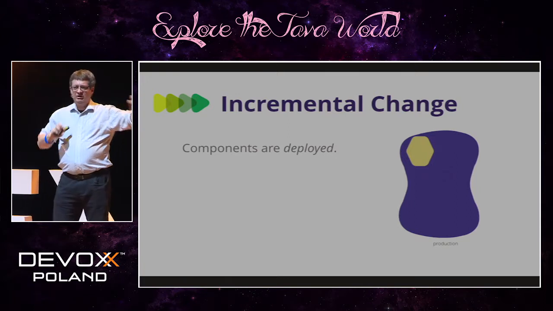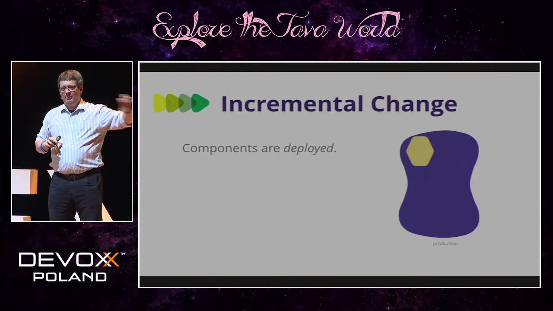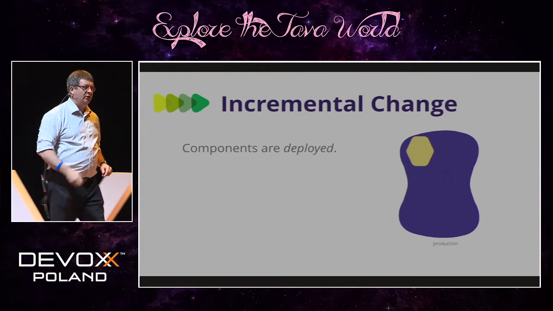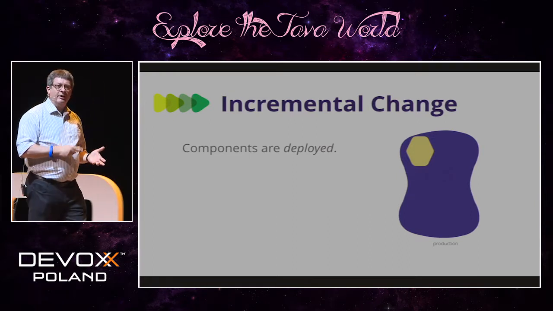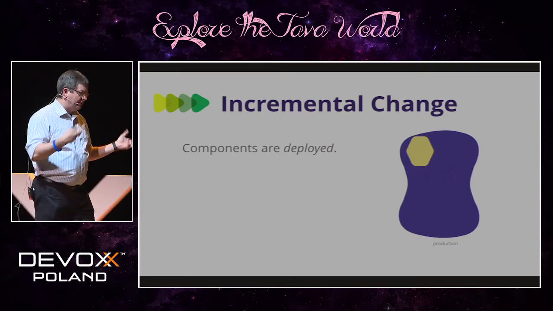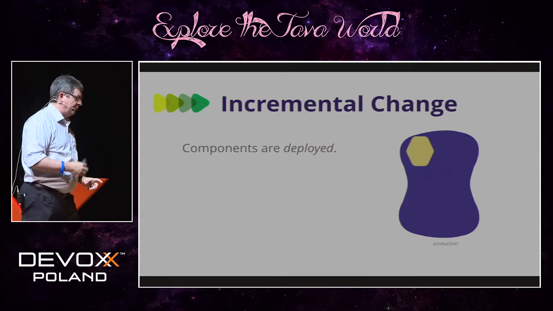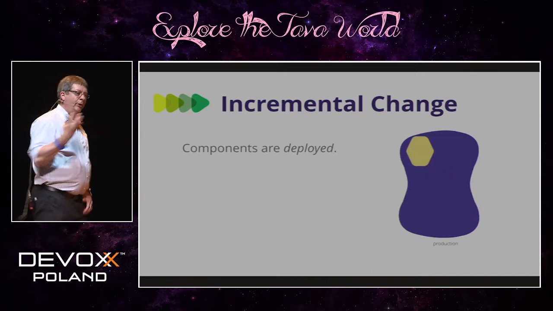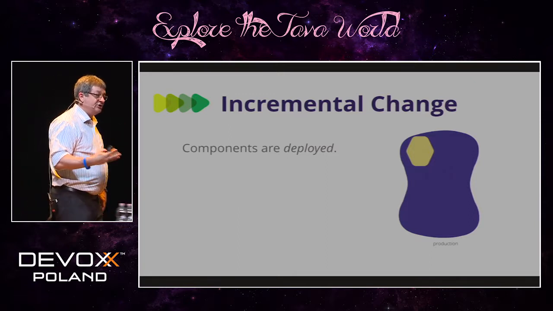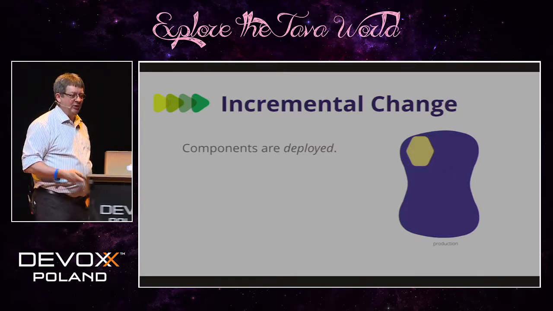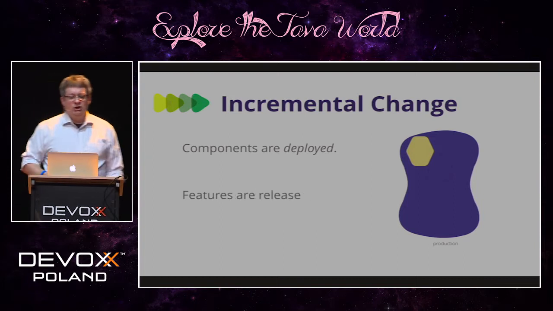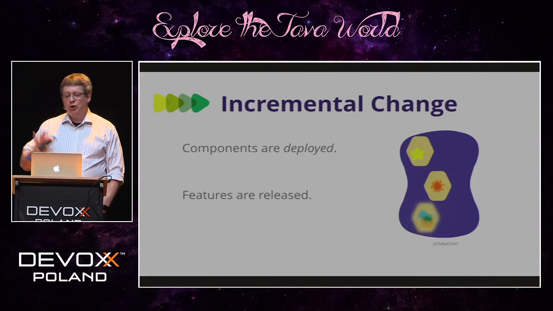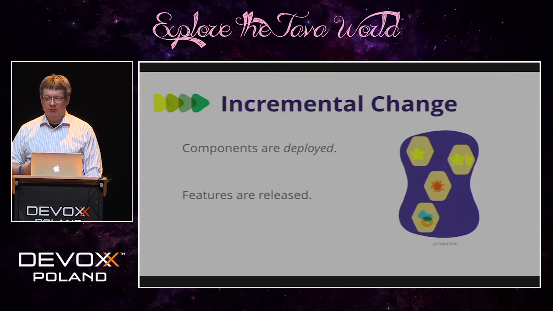I don't want to release features as they come out, but I do want to get the components into production as quickly as possible to make sure that they monitor correctly and they log correctly and they play nice with all the other components and don't eat up resources, et cetera. And so it's very common in this world that you deploy components without necessarily releasing the features inside them. And then at some point later, using some mechanism like feature toggles or routing, you turn on those features and make them available for people.